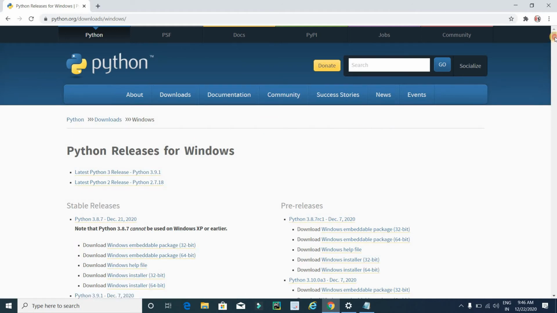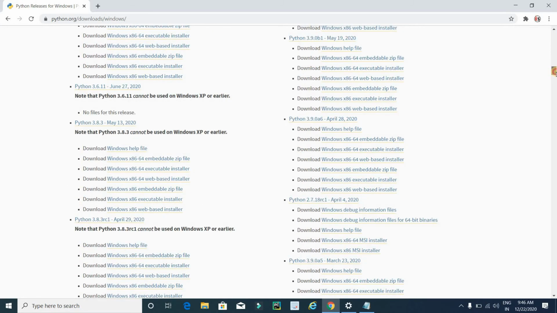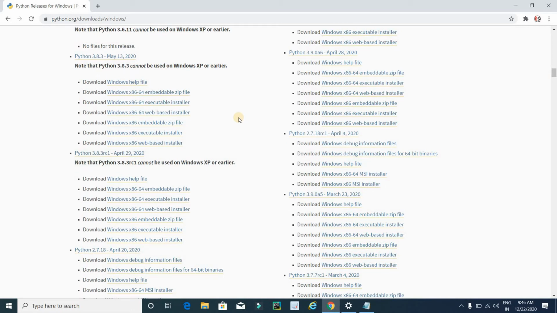You will get the list of all Python versions here. Here you have to pay more attention to which one you click to install Python software into your system. If your system is a 64-bit operating system, then you have to click on the link like x86-64.